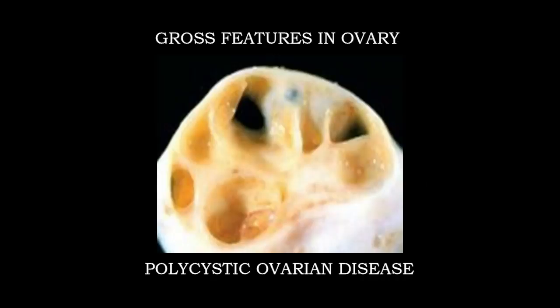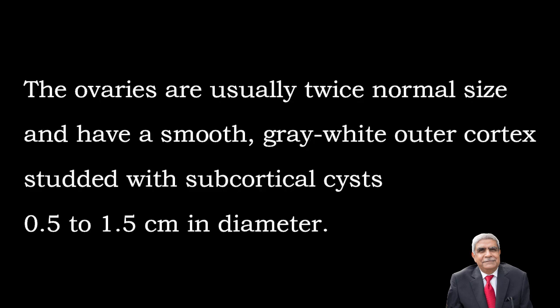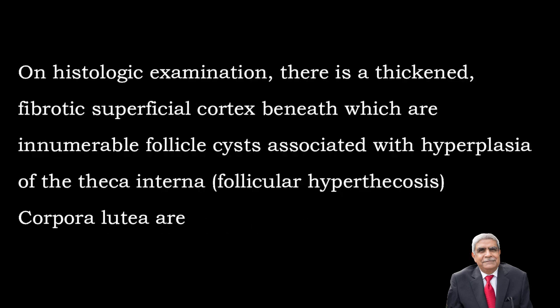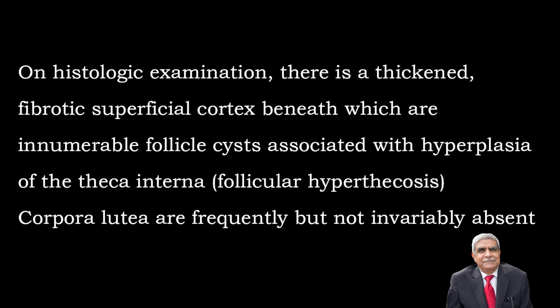Grossly, both ovaries are rounded in shape, but they are 2 to 5 times larger than the normal size. Many small superficial cysts can be seen under the thick grayish-white outer cortex. On histological examination, the superficial cortex is thickened, hypocellular, and collagenous, and one can see thick-walled blood